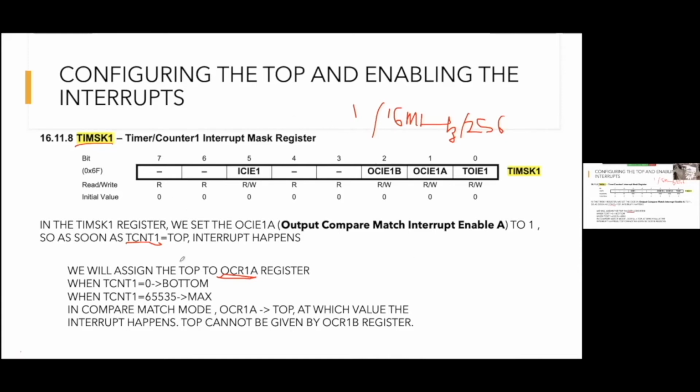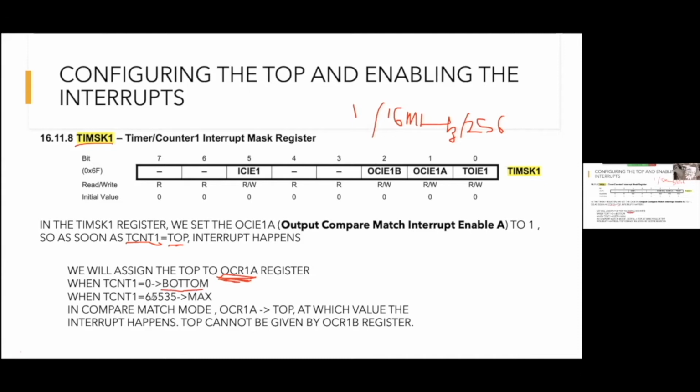And basically what we want is to set a value, called the top, such that when the timer value equals it, we send an interrupt. The value that is to be compared with the timer all the time, and on which the interrupt will be triggered, is stored in the OCR1A register. When the timer counter 1 is 0, meaning it hasn't started counting or it has overflowed, it is called bottom.